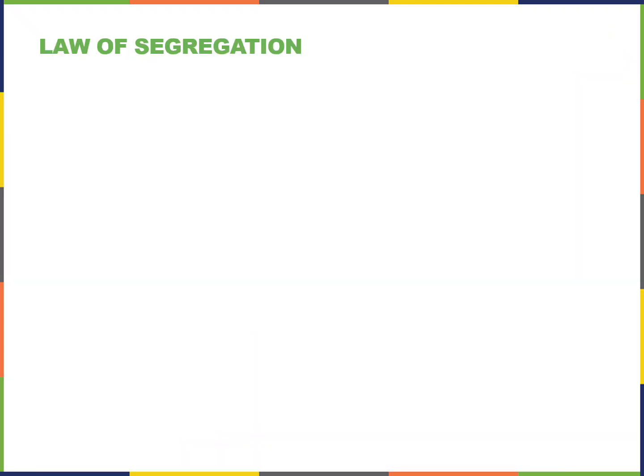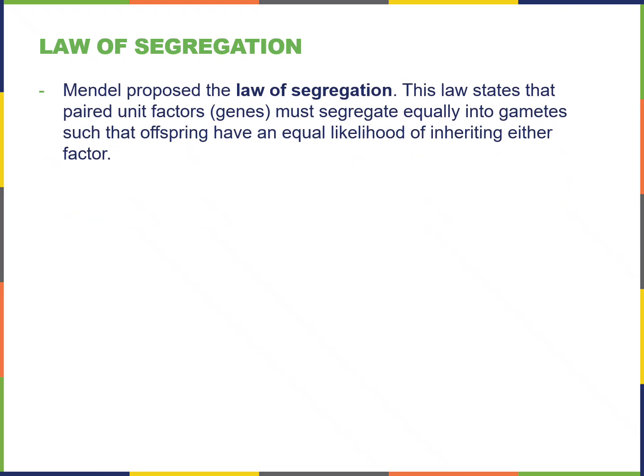So those are Punnett squares, and that's how we use Punnett squares to determine the mathematical likelihood of a genotype or phenotype showing up in a population. Another thing that Mendel proposed and that we still use today is the law of segregation. The actual definition is that this law states that paired unit factors or genes must segregate equally into gametes such that offspring have an equal likelihood of inheriting either factor. All that means is that during meiosis,